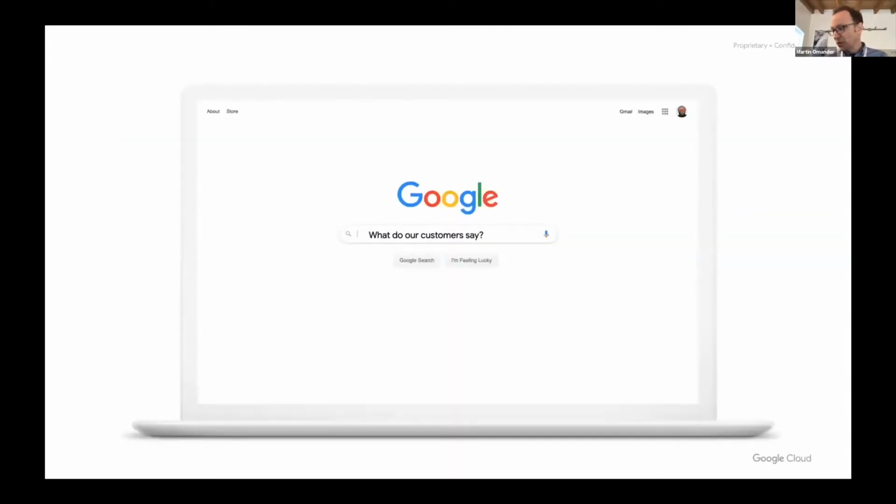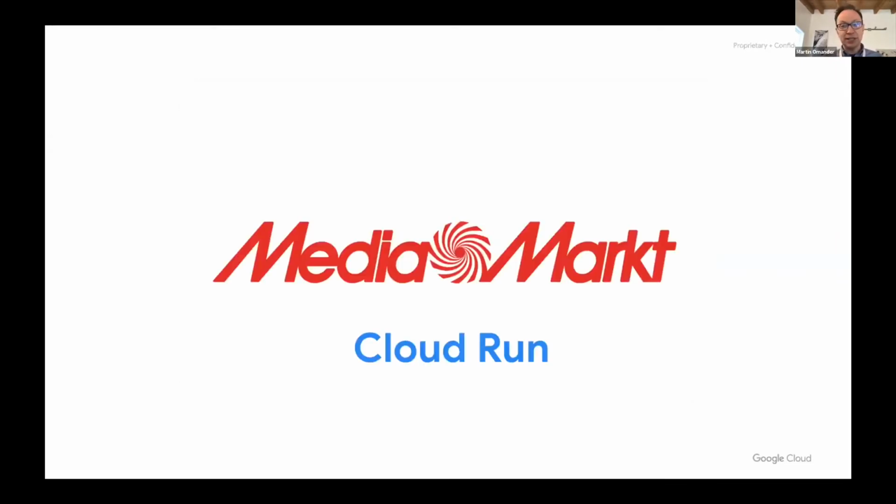All right, so that sounds great, but is anybody actually using this? And what are they using it for? Let's have a look. So there's a company in Europe called MediaMarkt. For those of you calling in from the US, you may not have heard of this company, but the way I think about it is kind of the Best Buy equivalent